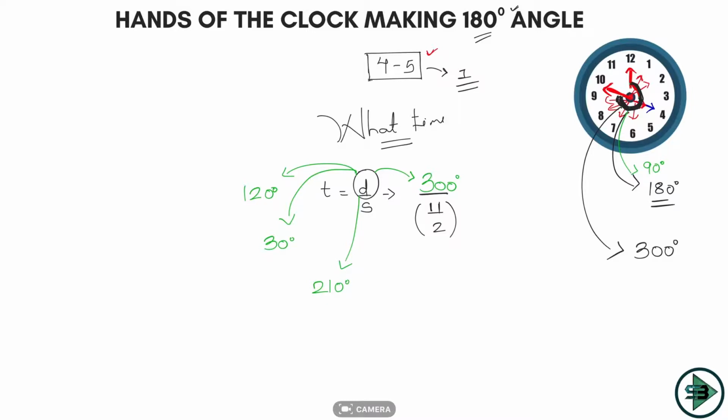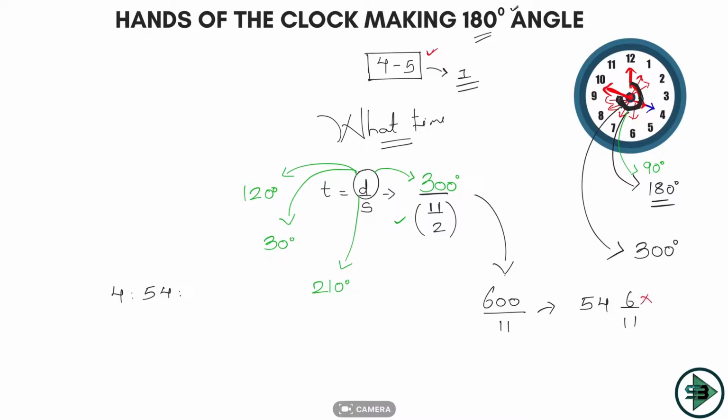It travels 5.5 degrees in 1 minute. So to travel 300, how much of time will be required? Now just solve this to reach your answer. This is nothing but 600 by 11. So I get my answer as 54 6 by 11, which means 4 o'clock was already in the clock, 54 minutes over that, and 6 by 11 of the 55th minute.